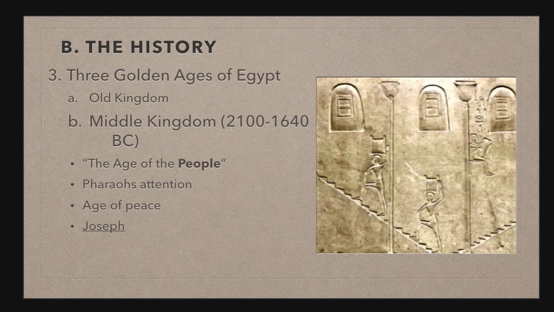And it's during this time that we see Joseph come down to Egypt. This was about 1670, 1671 BC, the approximate time Joseph came down to Egypt and was brought into